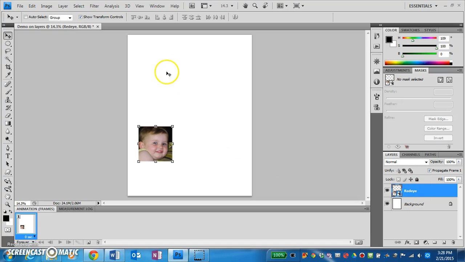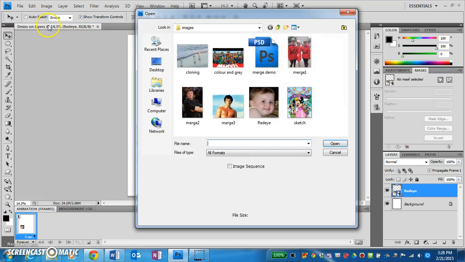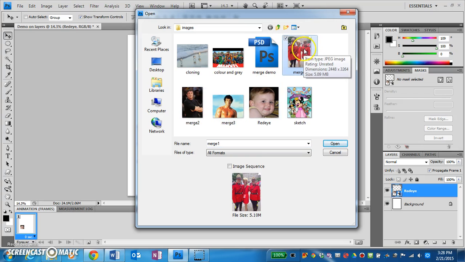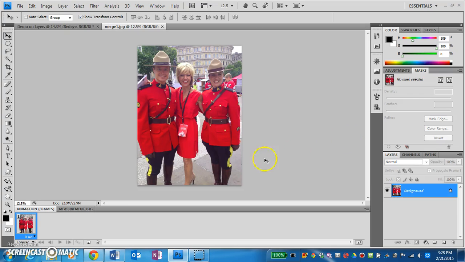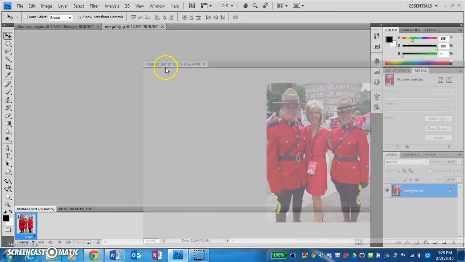So I'm going to put another picture on here, and I'll show you a different way to do it. So I'm going to open, let's say, for example, the RCMP. Okay, so I want to drag that photo onto that other one. So I'm going to grab this tab. You can see I've got different tabs up here now. I'm going to grab this tab, pull it down,